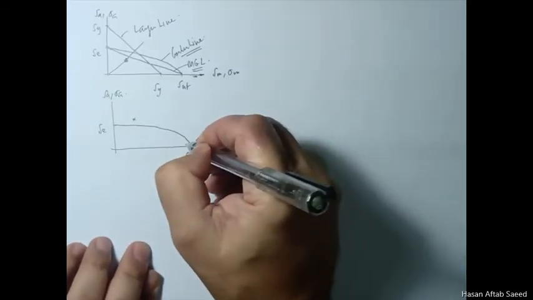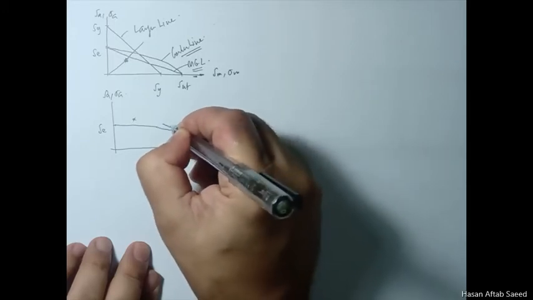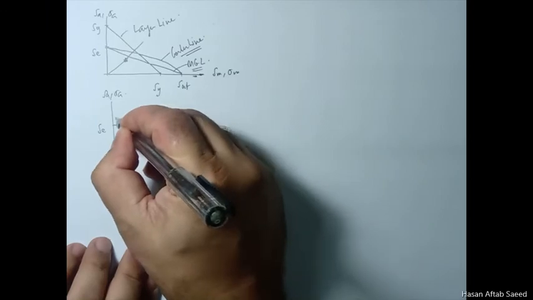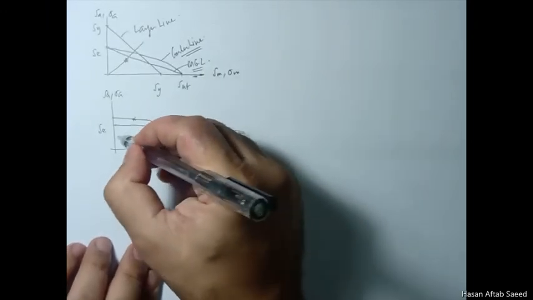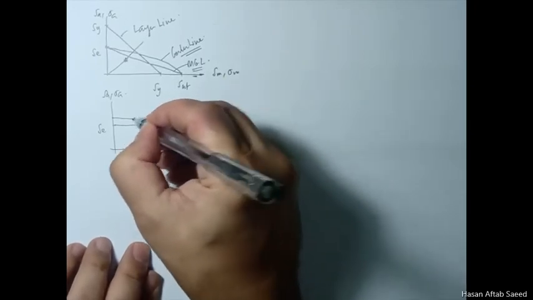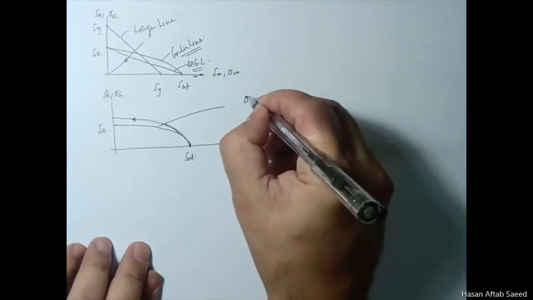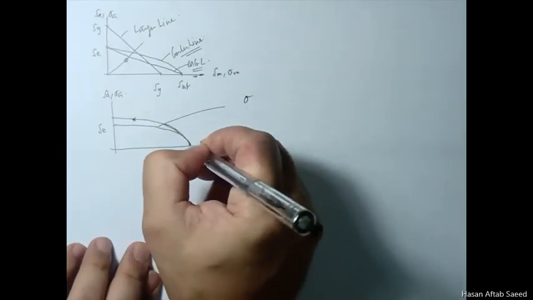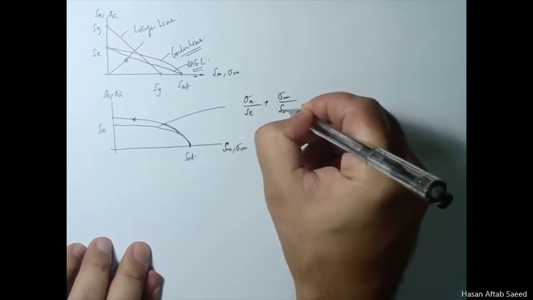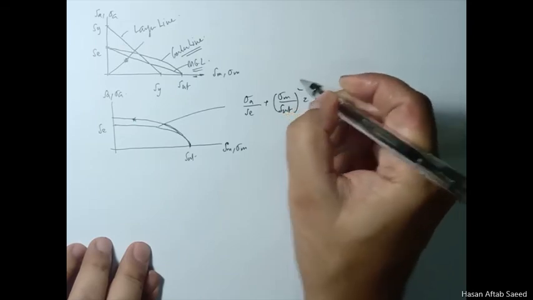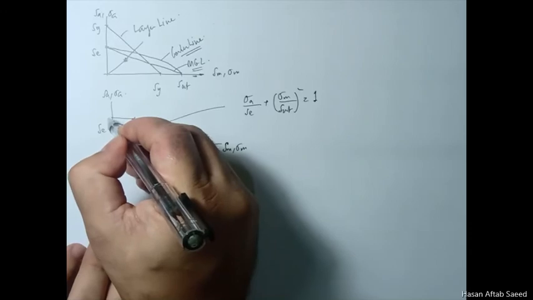So what we need to do is again join this via a parabola similar to this parabola, but now it will pass through this line which lies outside the safe regime. Now the equation for this one we just saw, for this line, sigma A over SE plus sigma M over SUT square is equal to 1. This is for this line. What about the equation for this line? Because we are interested in finding